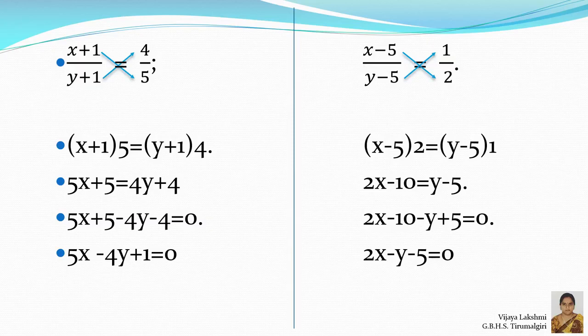Children, before writing your linear equations, for every problem you have to identify first what are the two unknown quantities. Name them as x and y. Second thing, identify two conditions which will be given in the question. So write down the condition and then express the same condition using x and y. So that is the simple way we can solve the verbal problem into a linear equation.